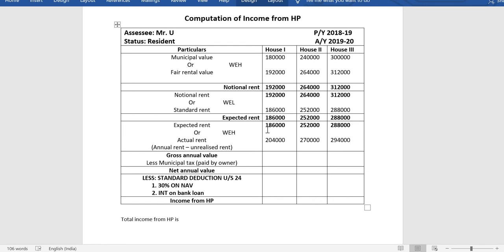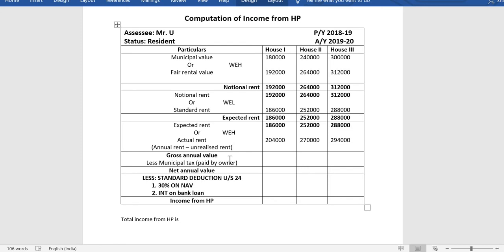Now, out of these two, expected rent or actual rent? See here, annual rent is not given and unrealized rent is not given. If they mention annual rent and also give unrealized rent, then from the annual rent you must deduct unrealized rent, and then you will get actual rent. This is not given in this problem, so don't consider that. Out of expected rent and actual rent, whichever is high, that is the gross annual value,